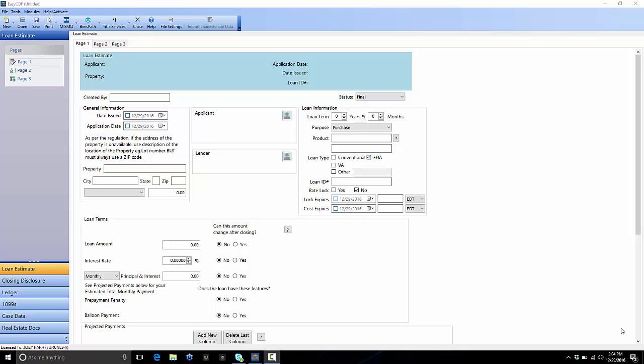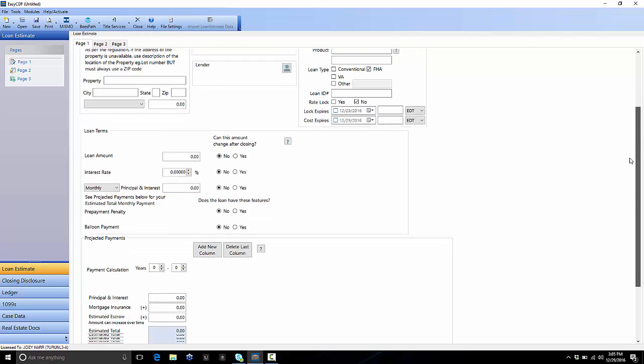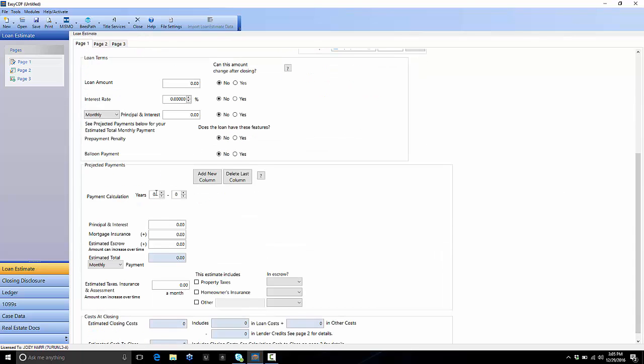The loan estimate, just like the printed version, consists of 3 pages where basic loan information is entered and fees are calculated. Page 1 shows the basic information about the lender, the applicant, and loan terms. It is possible to enter terms in multiple columns for projected payments over different periods of time. For instance,